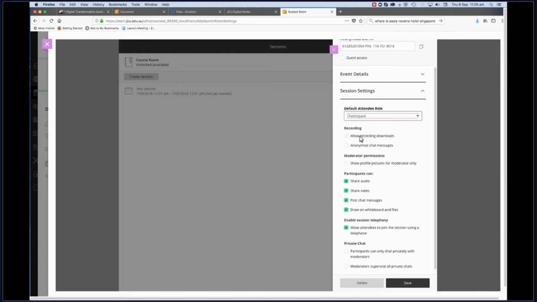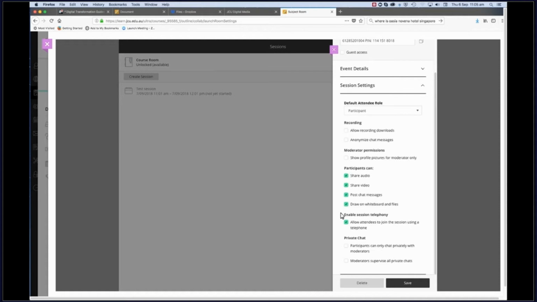You can also see here that you can allow recording downloads. This might be important for you if you're having students that are external that weren't able to attend the session but want to download it. And you can also anonymize your chat messages. You can change these moderator permissions. For example, you can only show the moderator pictures, and then you have a range of different options for the participants. You can also allow them to join the session by phone, which can be of benefit to people who have a